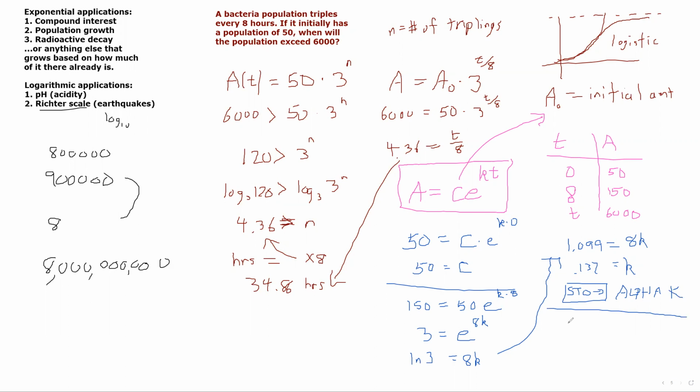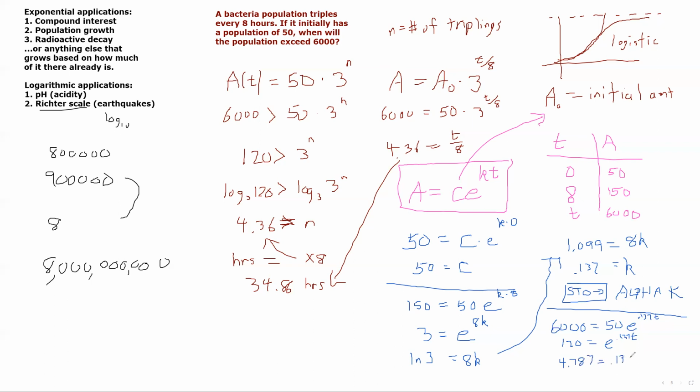Well, we do similar to what we did before. We say 6,000 is equal to, and we know now that C is 50, and we know that K is this number 0.137 times T. So we'll divide by 50. And then we'll do ln on both sides. ln of 120 is about 4.787